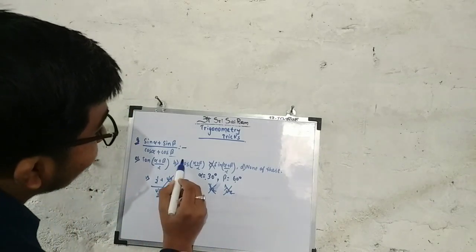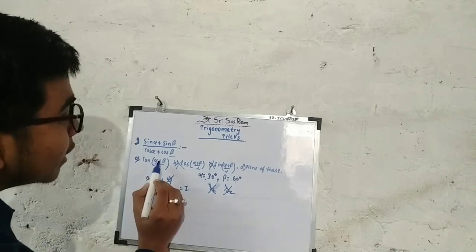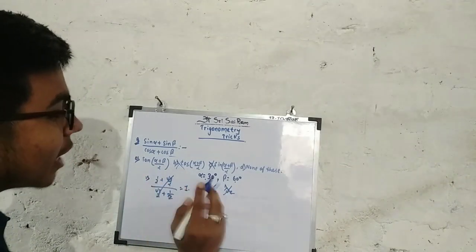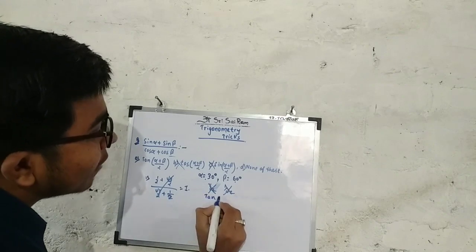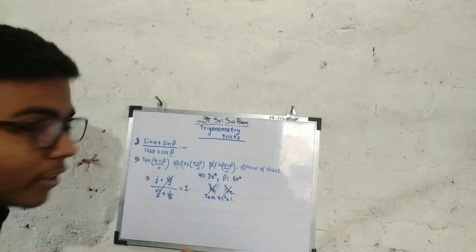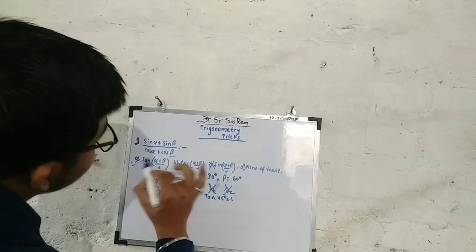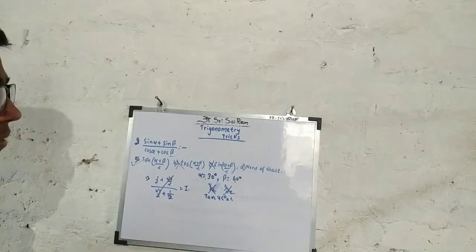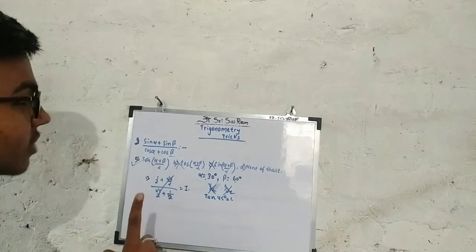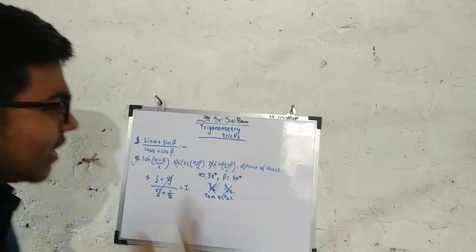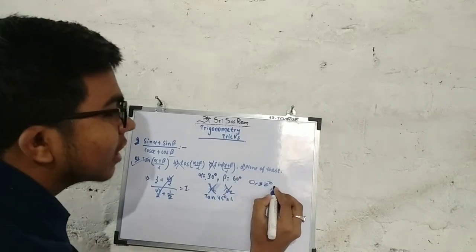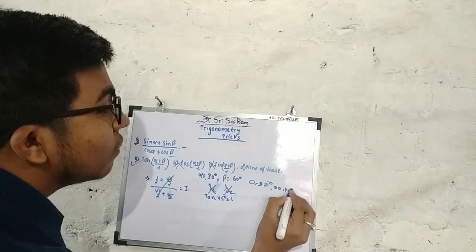If I look at the tan, then tan of (alpha plus beta) by 2 means 30 plus 60, 90 by 2, tan 45. Tan 45 degrees is 1. So this option is correct. Look how simply we have done it. And I will tell you some restrictions. You can take this angle as 0, 90, anything you want, 30, 45, anything which you wish.